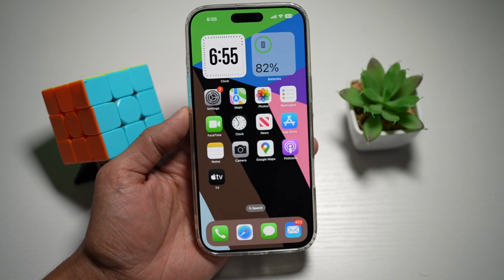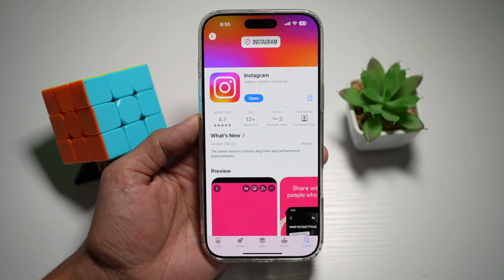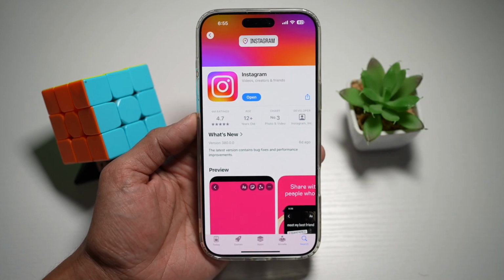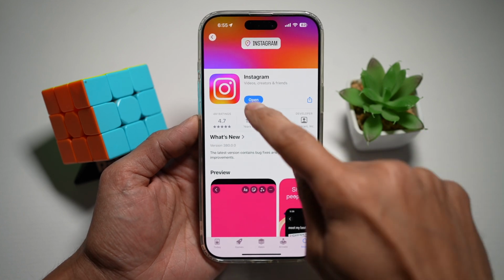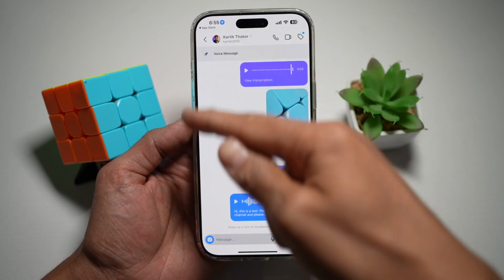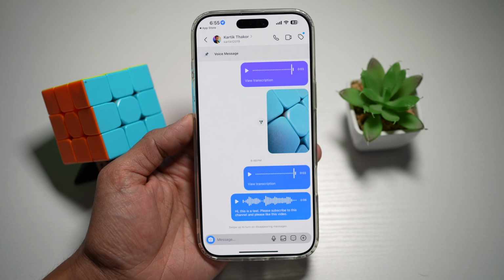So before we start, you want to first go to your App Store or Play Store. You want to search for Instagram and you want to make sure that's been updated to the latest version. Once that's updated, go ahead and open the app. Now you want to go ahead and open up a conversation where you want to send the quick replies or